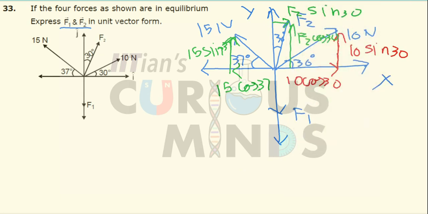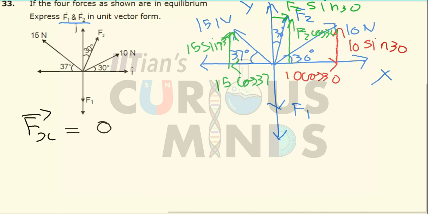First of all, it is given that the entire system is in equilibrium. So I can say that the forces along the x-axis should be equal to 0 and the forces along the y-axis should be equal to 0. Let me first start with the x-axis. I will proceed with the y-axis later. So forces along the x-axis should be equal to 0. So I can say that the force in the positive x-axis should be equal to the forces in the negative x-axis.